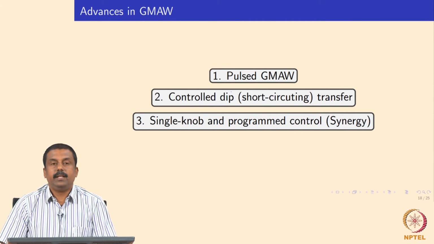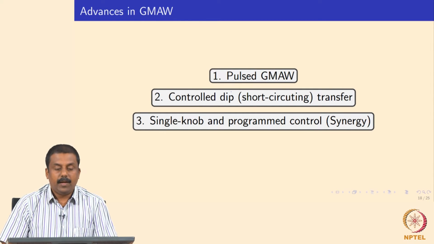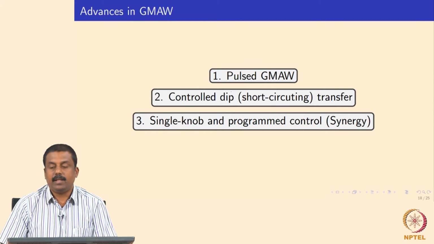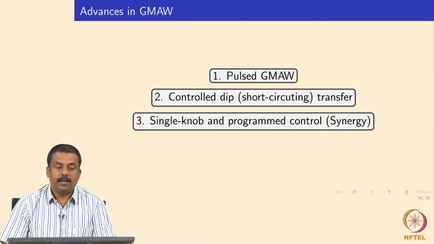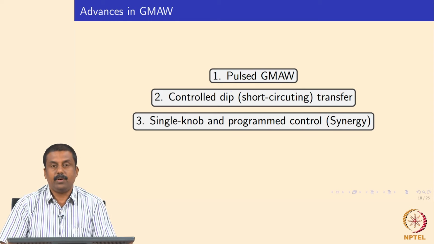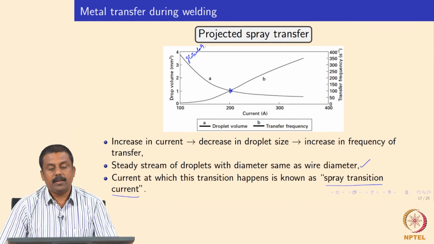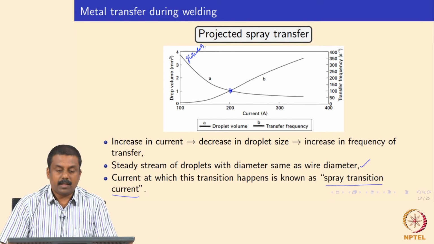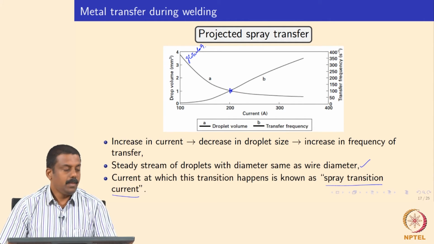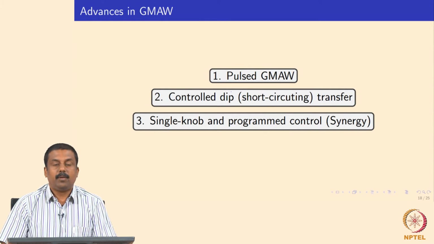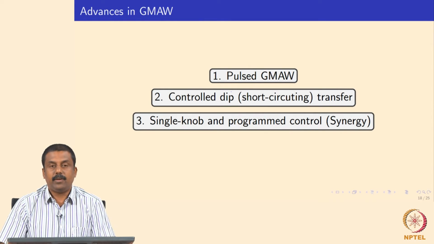So far we looked at the conventional GMAW process, but there are some disadvantages of using a conventional GMAW process. For example, if you use a constant current of a given amperage, like in the previous graph we showed 200 amperes as the mean current or the spray transition current, where we apply a constant amperage of 200 amperes, then you may also increase the heat input significantly. Okay, so we'll have to apply that amperage in order to get the spray transition, to get stable transfer characteristics.